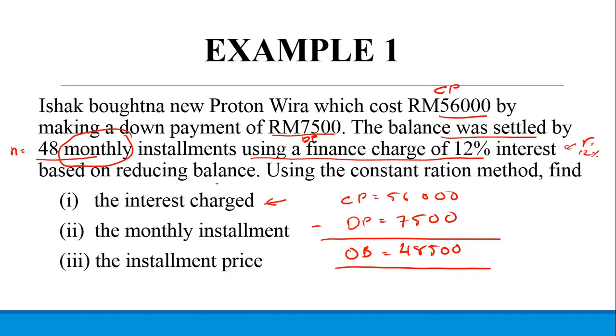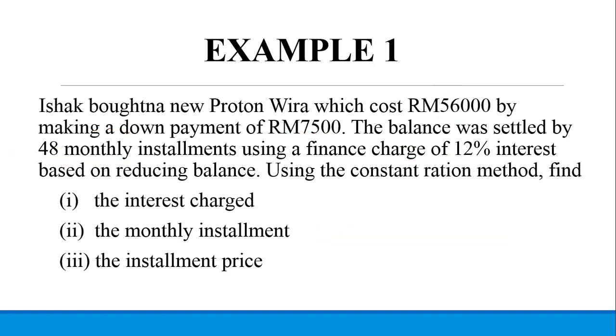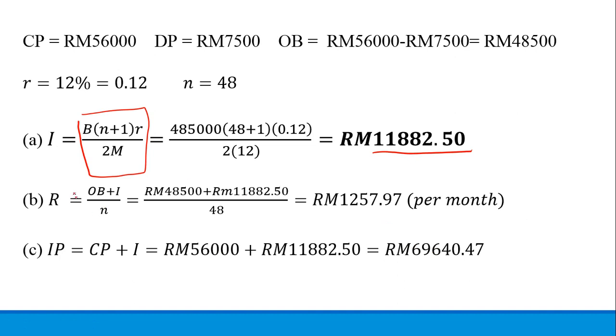The next question asks you, what is the monthly installment? How you calculate the monthly installment means how much you pay for R, for every month. So the formula is very simple. OB plus I divided by N. It means that